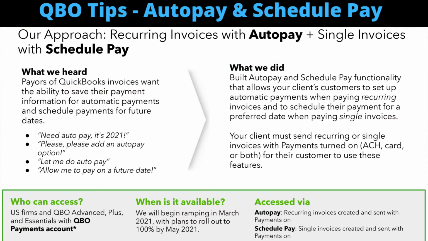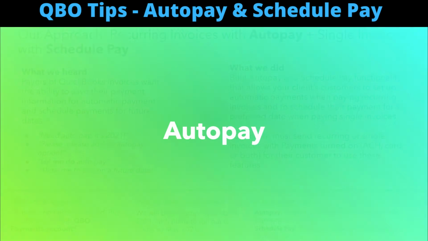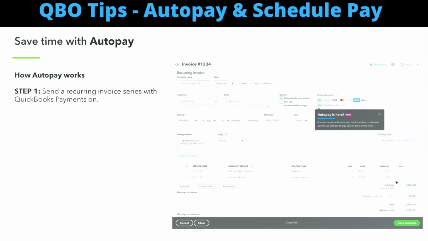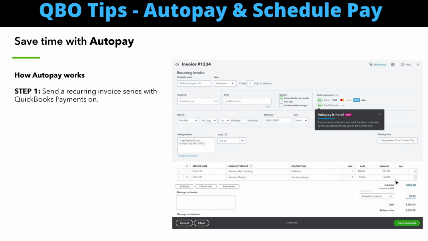Through feedback, Intuit found that customers wanted to be able to set and forget payments. They were tired of re-entering payment information, especially on recurring bills, and that's why AutoPay and Schedule Pay functionality was added. As I stated last week, AutoPay is what it sounds like it is. Customers can set up to automatically pay you without having to enter payment info every single time. Note that this is an opt-in feature for customers. They need to choose it. There's no way for you to opt them into it.